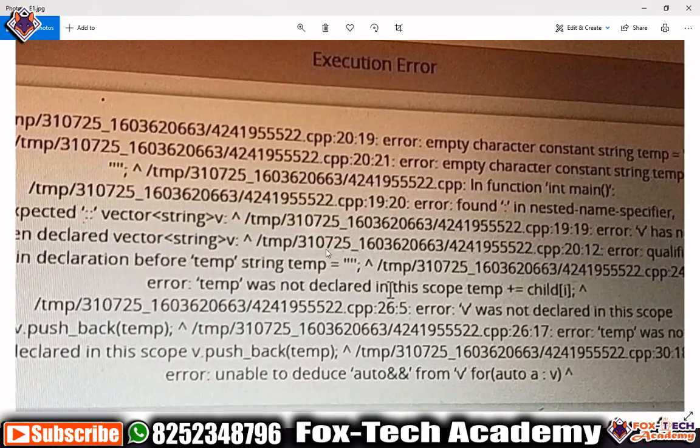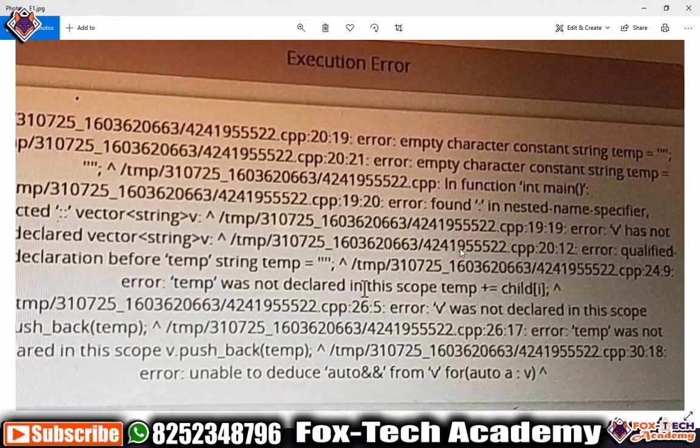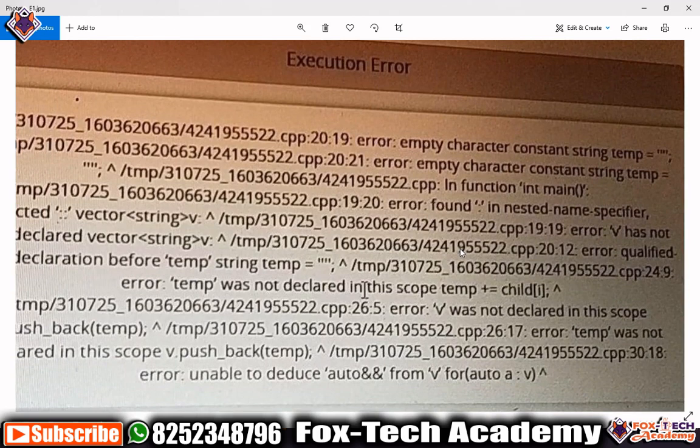In another error explanation, you can see that in this error they are showing many errors. Sometimes you feel that you have made a single mistake in your program, but the compiler is showing too many errors. Suppose you have created one variable small i, and you have used capital I five times in your program. All places where you used capital I instead of small i, you will get an error, right? So you have only one error in your program, but you are getting 5 errors because you created that variable and you are using it in the rest of the places.